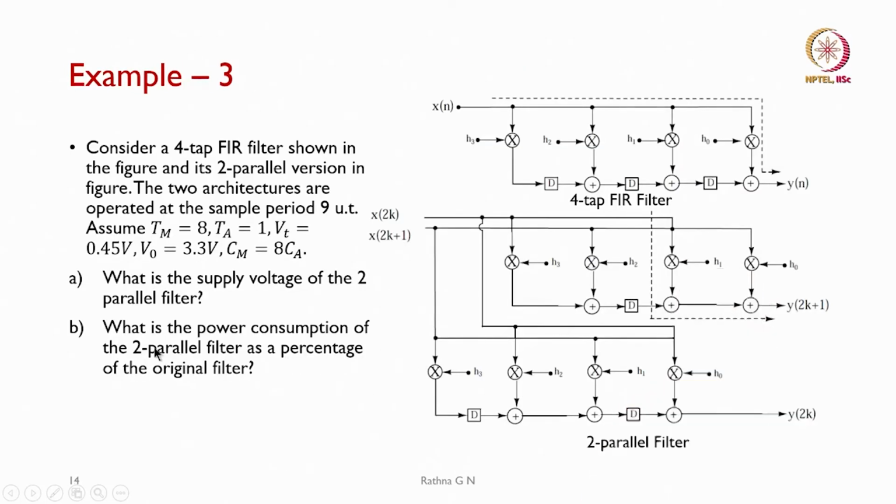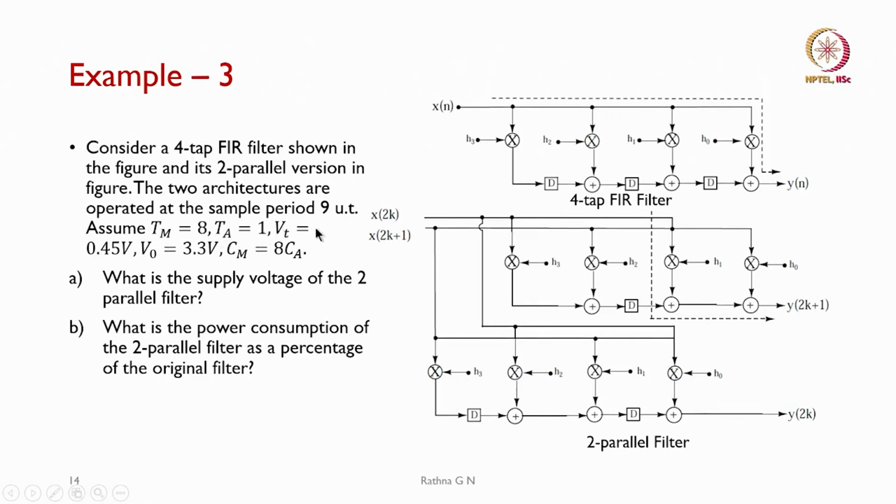As an example, we consider a 4-tap FIR filter shown in this figure, and we are going to consider 2 parallel versions of it. Here we will consider the first version, and in the next slide we will consider the second version. We will see what happens. The 2 architectures operate at a sample period of 9 units of time. Assume your multiplier takes 8 units of time and the adder takes 1 unit of time,